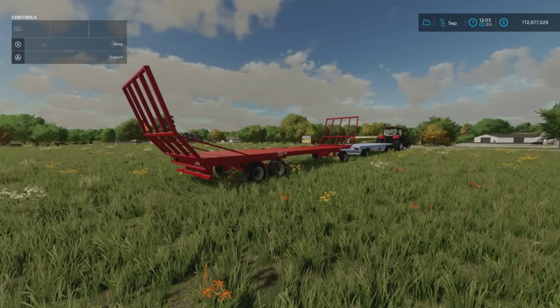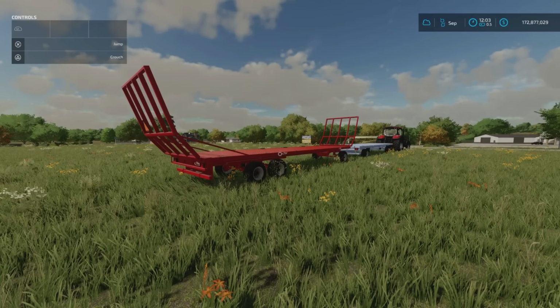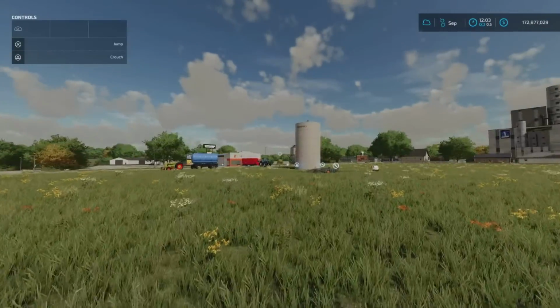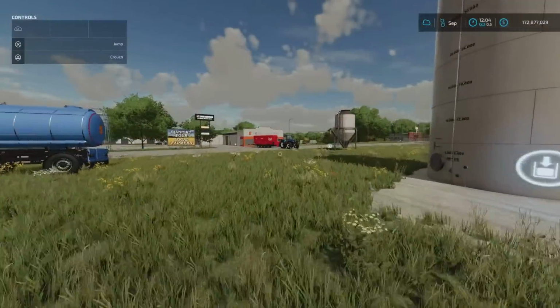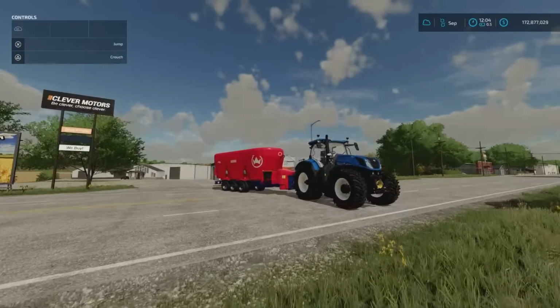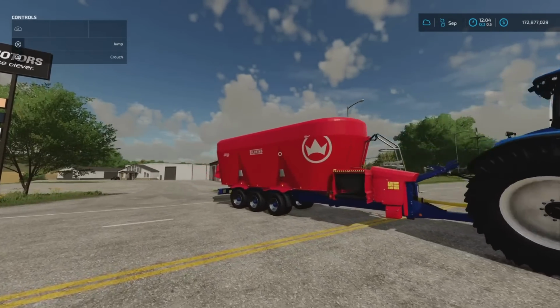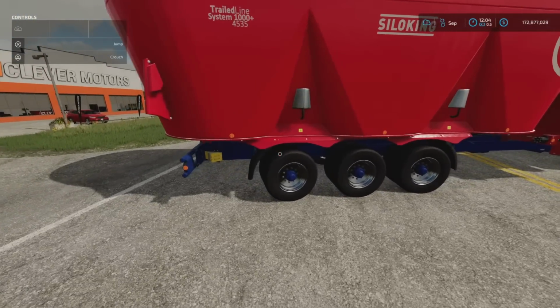Which brings me on to the last of the mods for today. This is a nice one. I liked this on FS19. I'm glad it's been ported over. Gives us the ability to do a lot of total mix ration making in one go. This is the Silo King Trailed Line System 1000 plus 4535. It's a 45,000 litre feed mixer, triple axle,